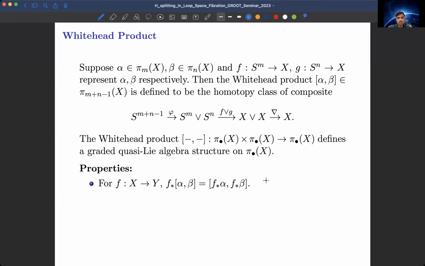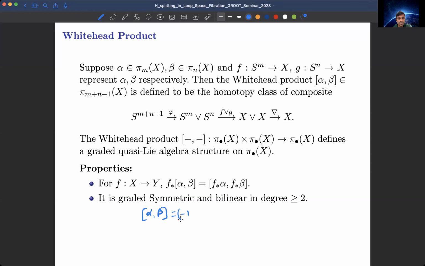So here alpha, beta belongs to pi dot of X. On this side you also have an element of pi dot of Y, and this is kind of the naturality of the Whitehead product. It also satisfies a graded symmetric property. If I consider the Whitehead product of alpha and beta, graded symmetric means that